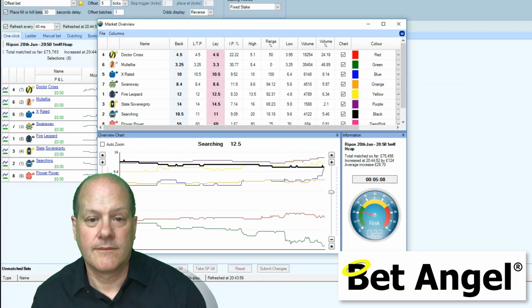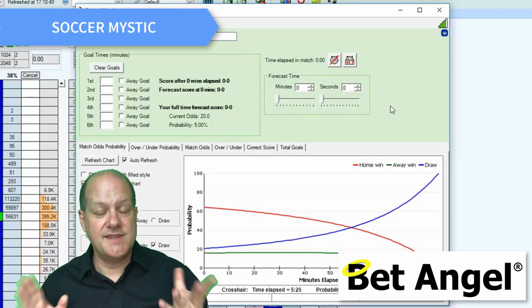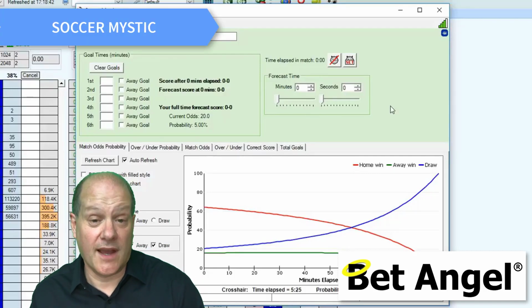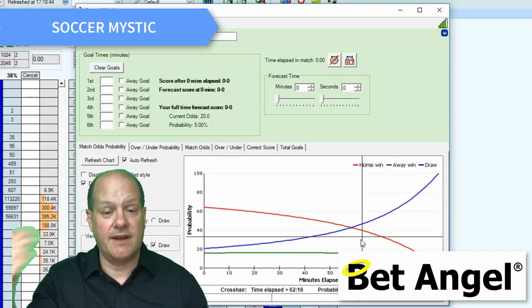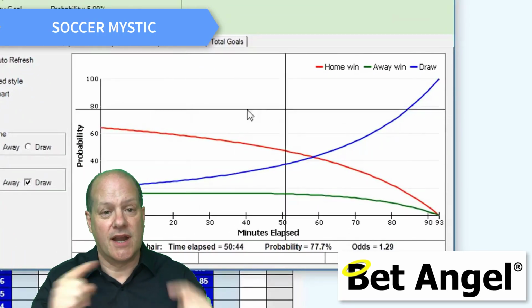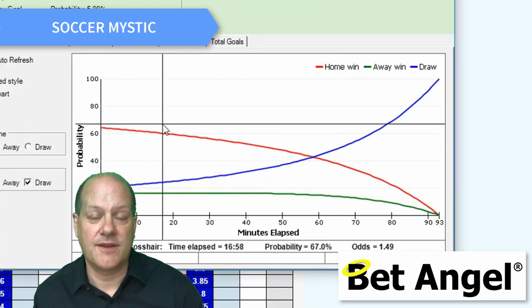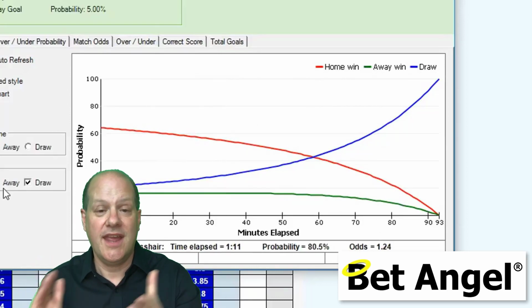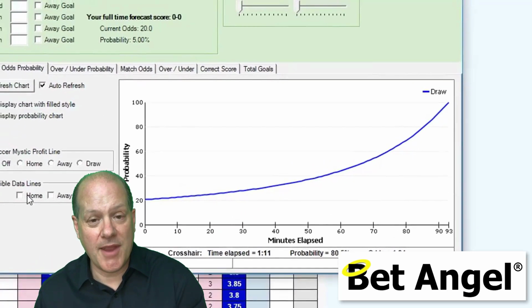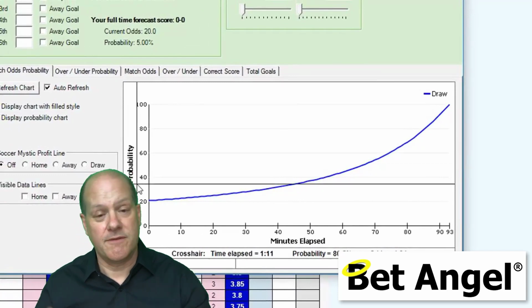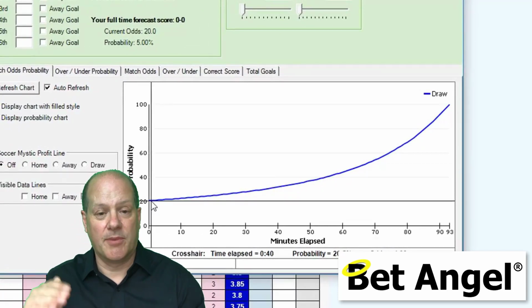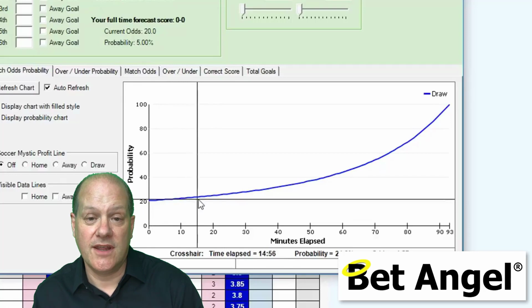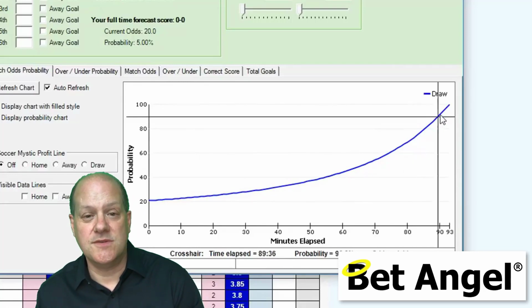specific market. Soccer Mystic is a football profiling tool. The idea of Soccer Mystic is you can actually point it at a match and then work through several scenarios as to how the match could likely trade out. That will allow you to define key points within the match and what you would do if certain scenarios evolve. So for example, if there's a goal or if there isn't a goal, you can use Soccer Mystic to plot a path through the match and give you an idea of what strategy you would like to use on that